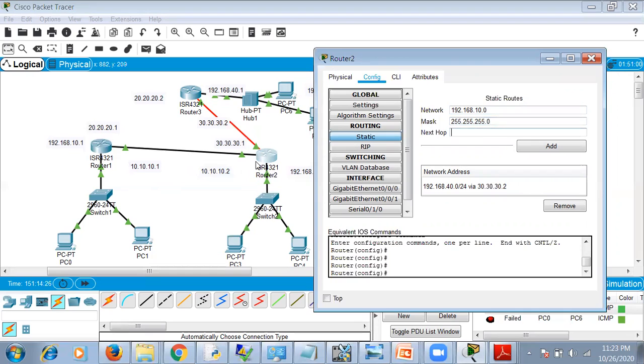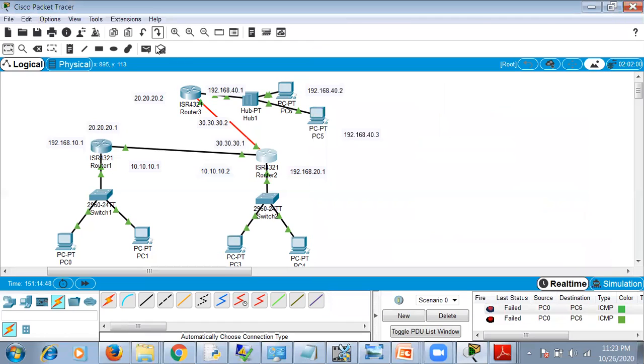The hop for this network is 10.10.10.1. So we have two paths. Okay, one to go for 10 network, it is 10.10.10.1. And to go to 40 LAN, we have 30.30.30.2. So next we'll check whether this route is taken.